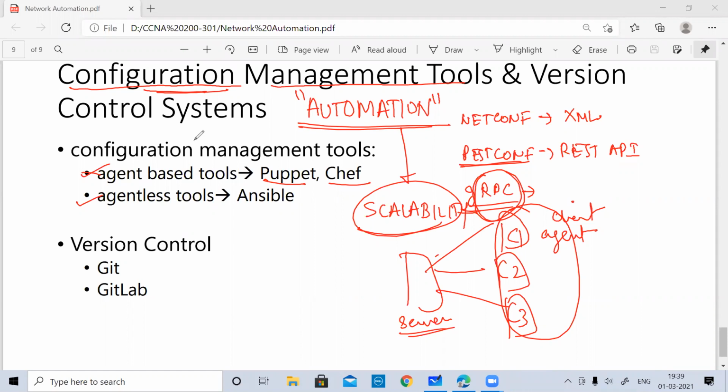Version control, why did I talk about version control? Because initially the way of working was that you keep a configuration file, because a team of people are working on a specific network. Then you've got to share that configuration file with one of your friends or your teammates, and then he is going to create something.